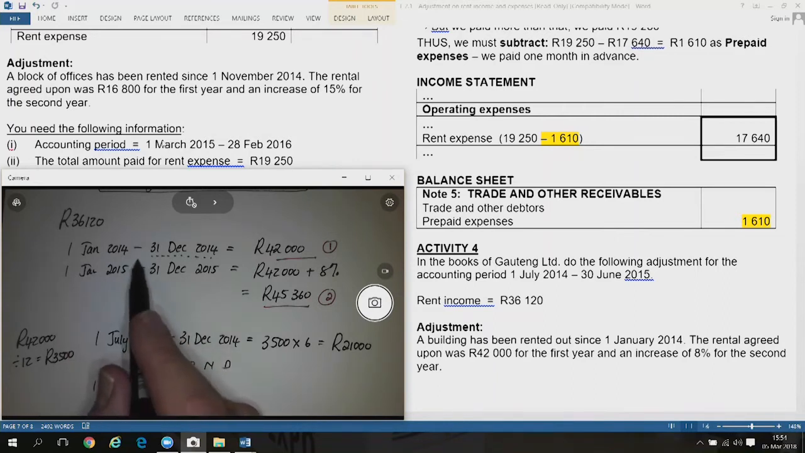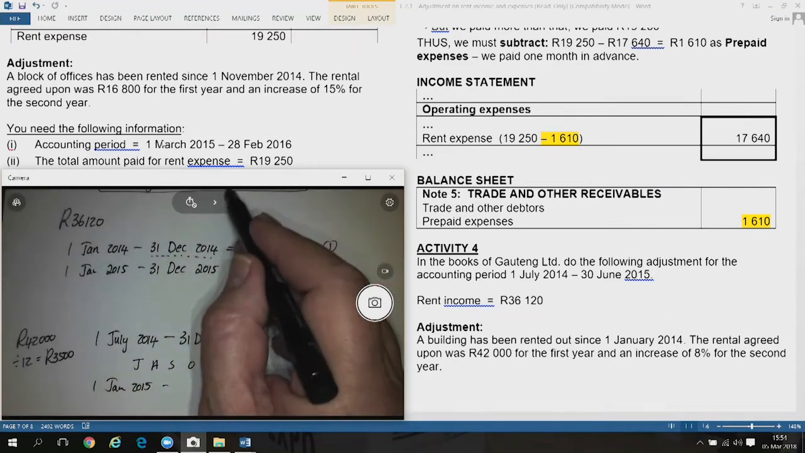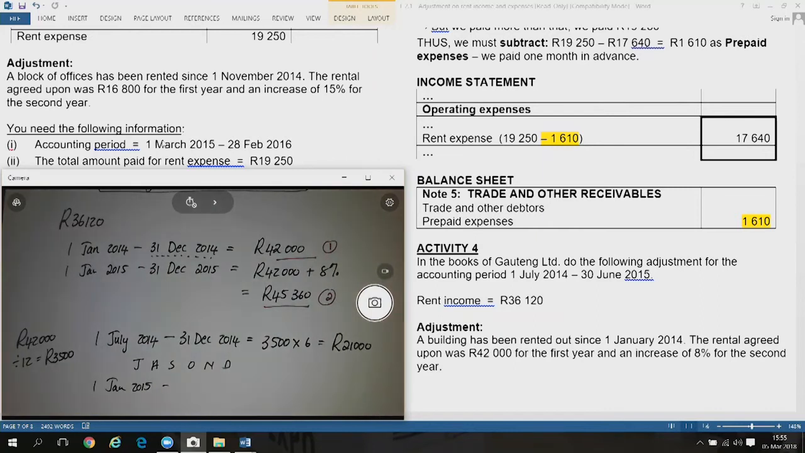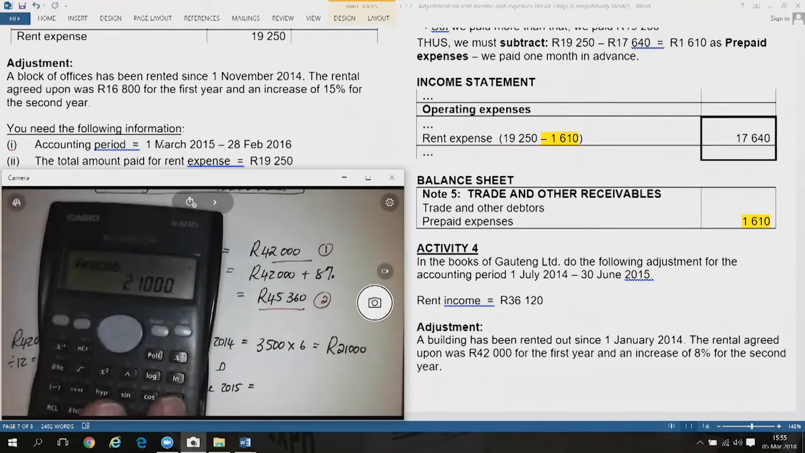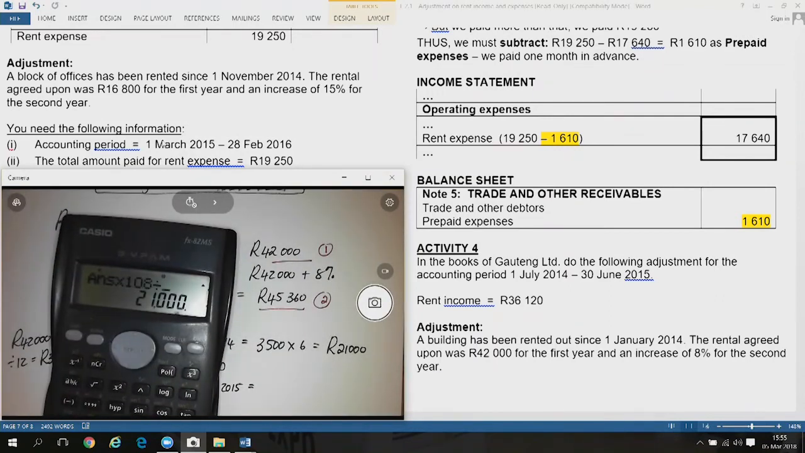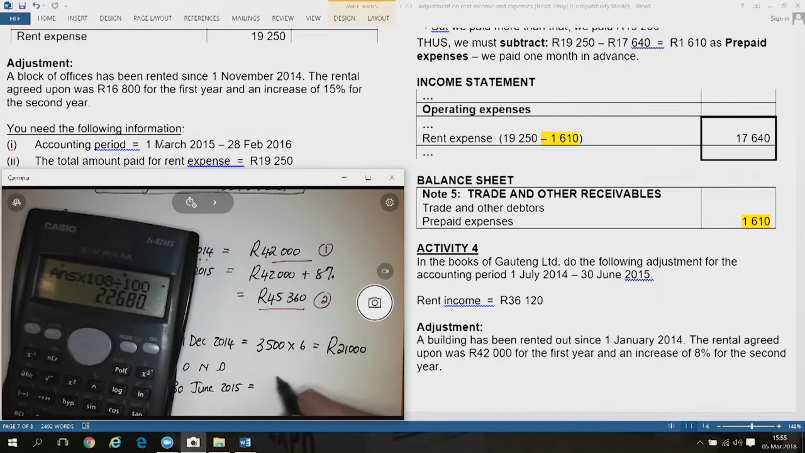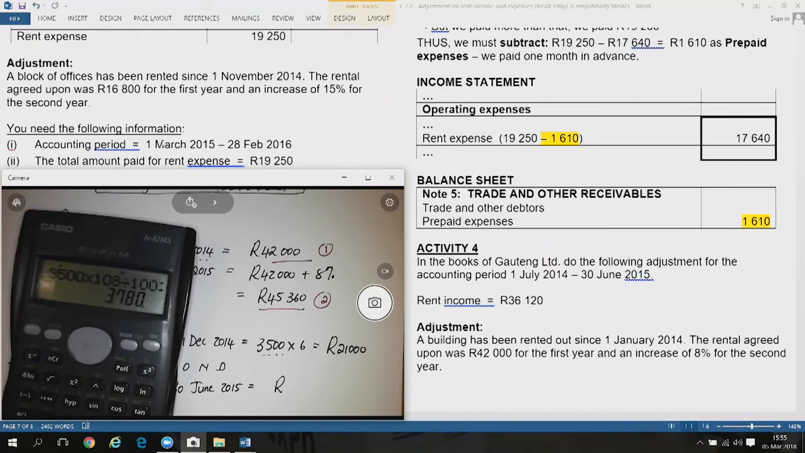until the end of our accounting period, the 30th of June 2015, it gives us either 21,000 times 108% divided by 100. I took the 21,000, that gives you 22,680. No. Cancel. 3,500 was the original amount. 3,500 times 108 divided by 100 gives you 3,780